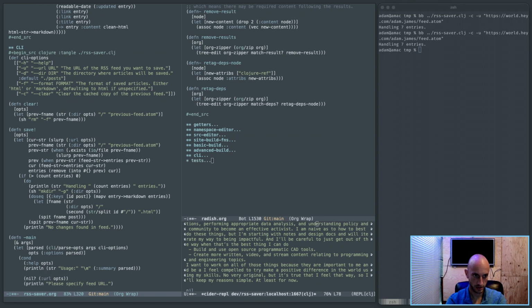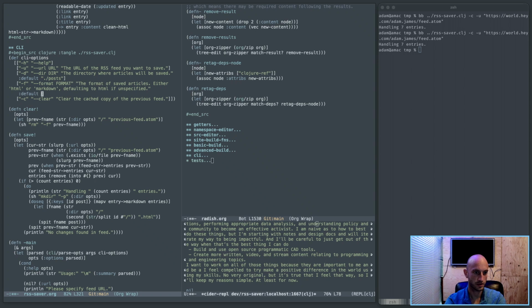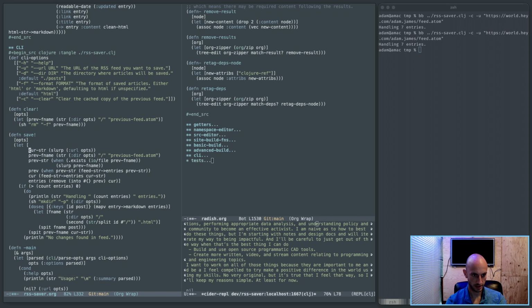I guess that's good. Default HTML. Yeah. Okay. So then options will have the ability to do this. Save function is just going to be